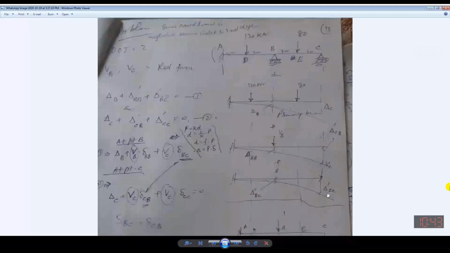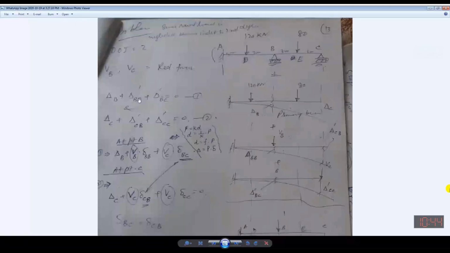Now I need two equations for the solution of this numerical, and at this moment I have formulated them. On the left side you can see delta B, delta dash BB, delta dash BC is equal to 0. Delta C, delta dash CB, delta dash CC is equal to 0. Now I have obtained these two equations. Now I can move further. Now if I replace the notations